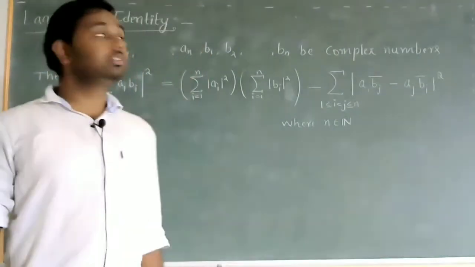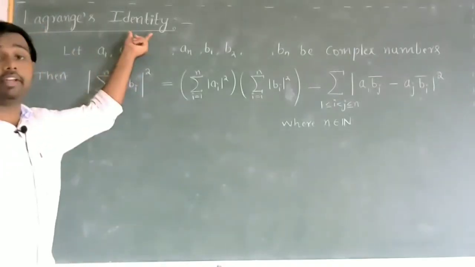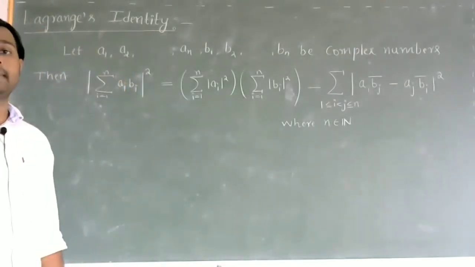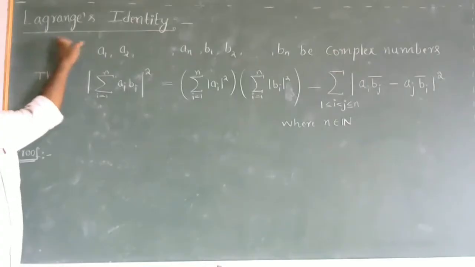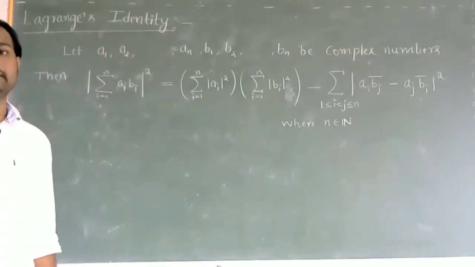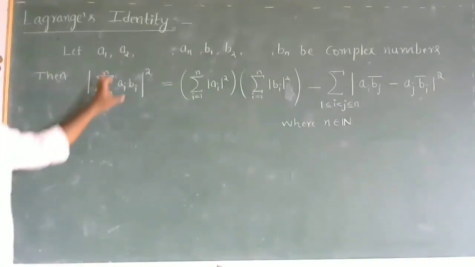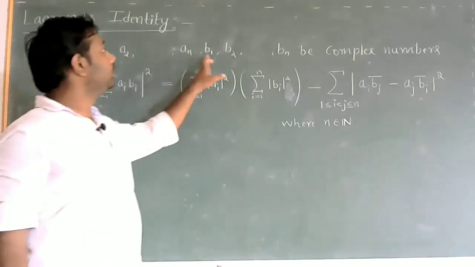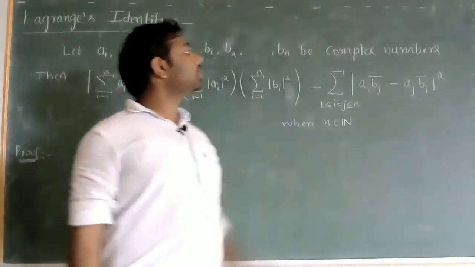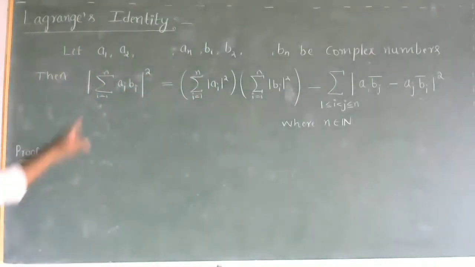In this video, we shall learn a very important identity in complex analysis, which is Lagrange's identity. Lagrange's identity states that if a1, a2, ..., an, b1, b2, ..., bn are complex numbers, then